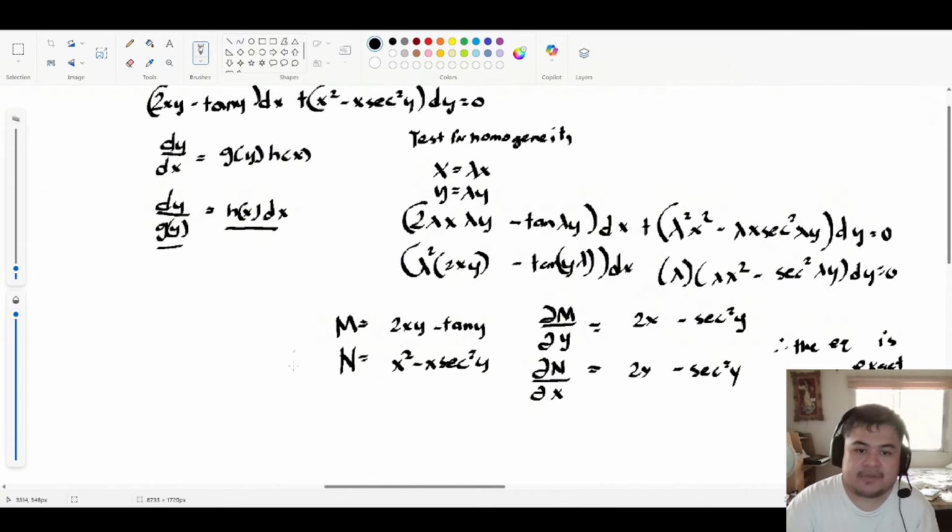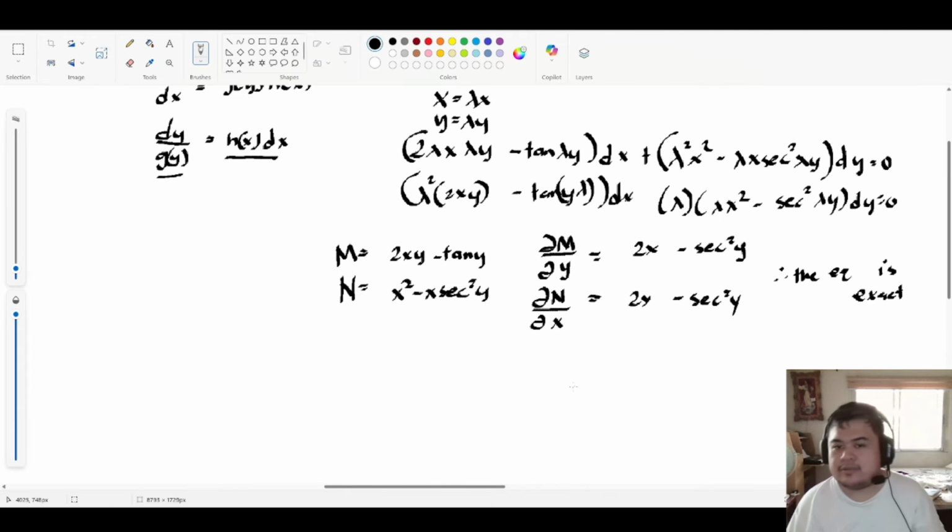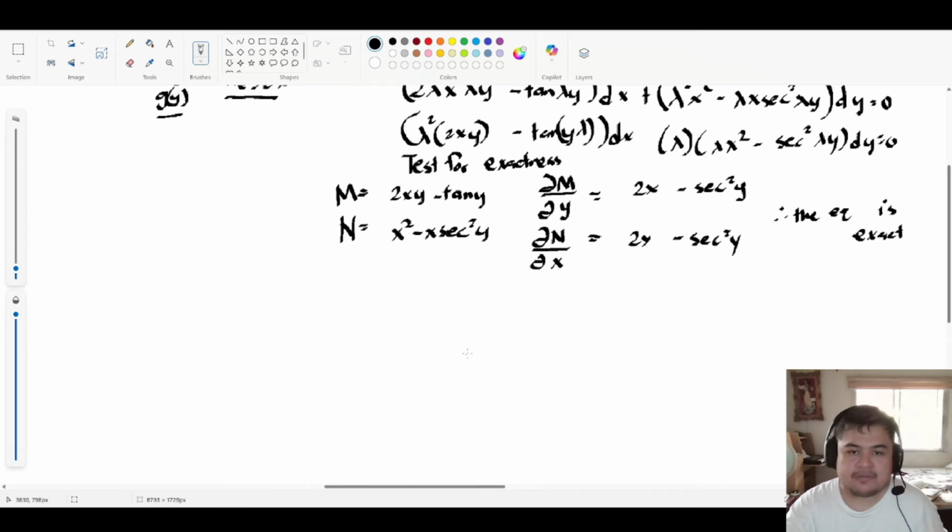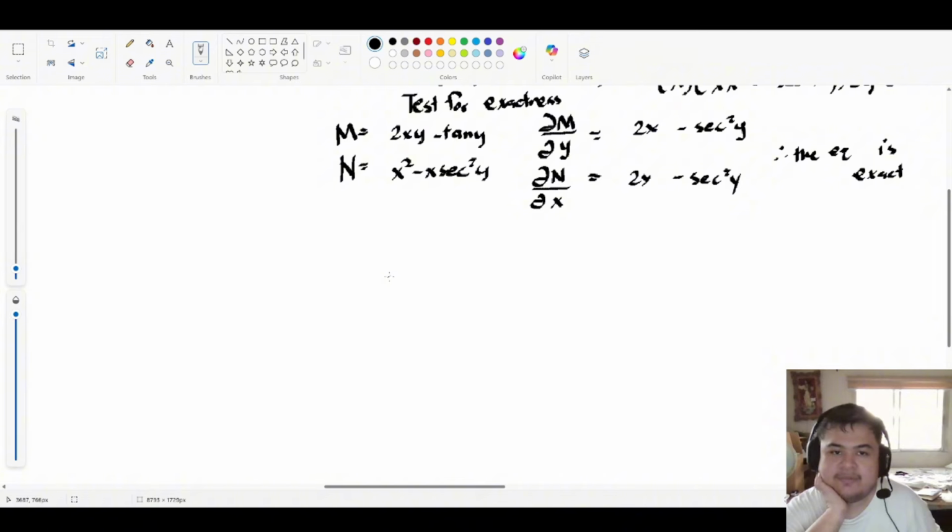Okay? Therefore, we can solve the equation through the exact method. And this is the test for exactness. Okay, next. What we're going to do is solve. There are three theorems working for the exact method. Okay, for theorem number 1,